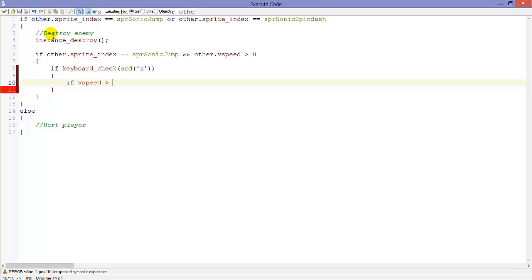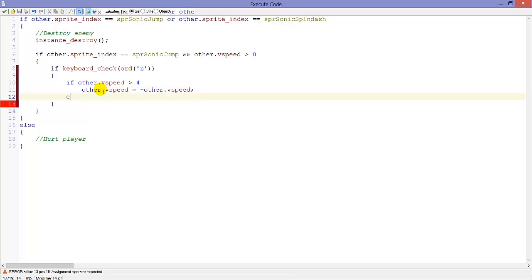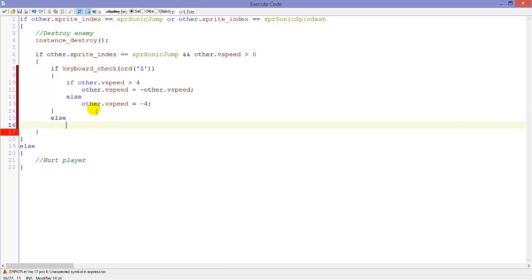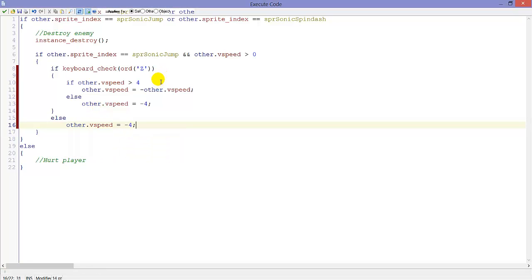If our vertical speed is greater than, let's say, 3, no, 4. No, if other that's vertical speed is greater than 4, other that's vertical speed equals minus other that's vertical speed, else other that's vertical speed equals minus 4. Here else other that's vertical speed equals minus 4. What this code says is if we are moving down quite fast,